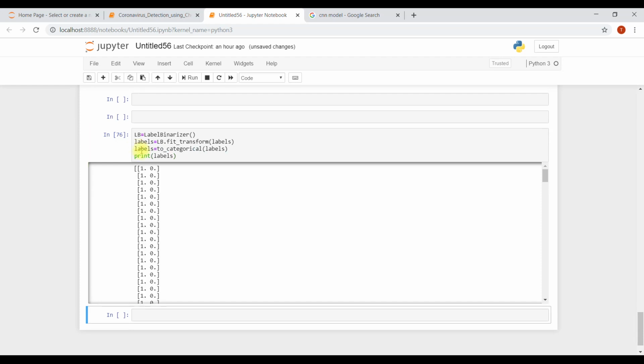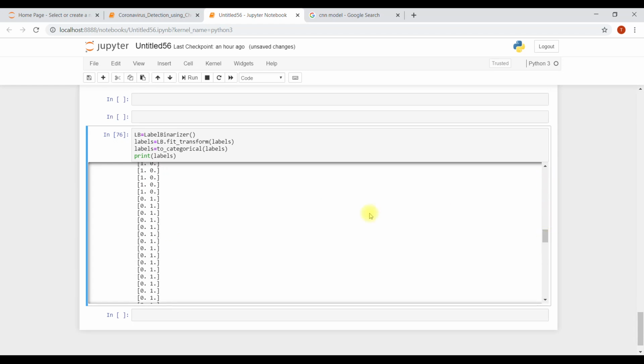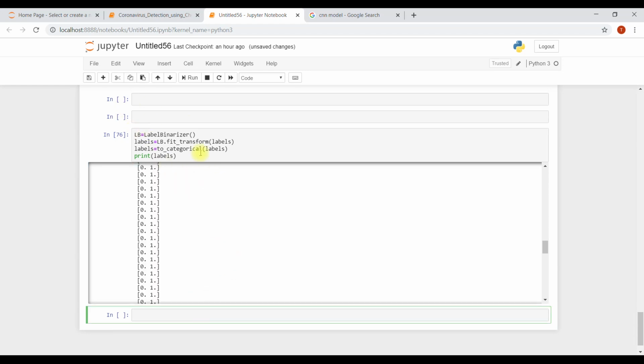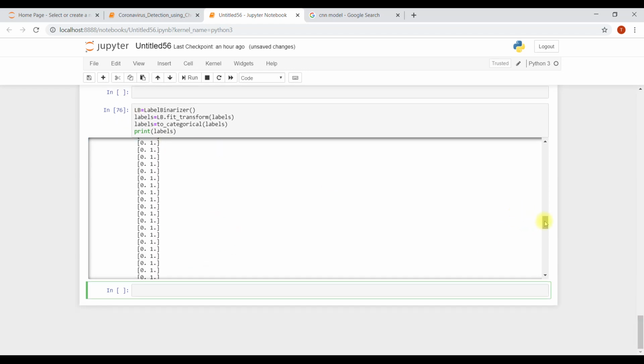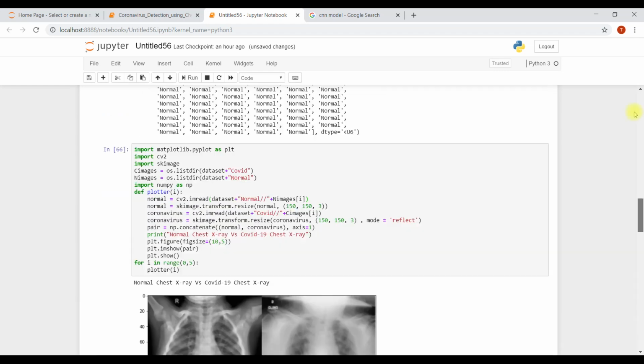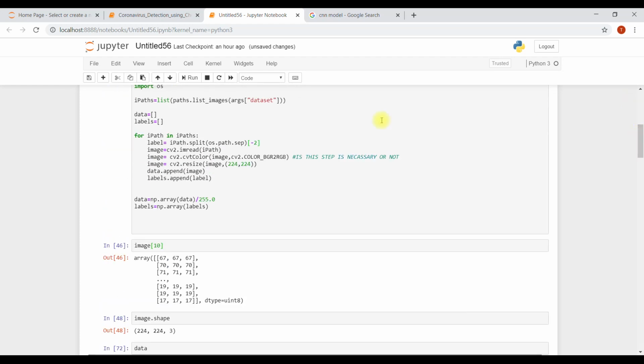Now see the difference. For COVID-19 one, it has converted into 1 0, and for normal it has converted into 0 1. Don't run this again, because this will get manipulated, and you will need to run from here again.